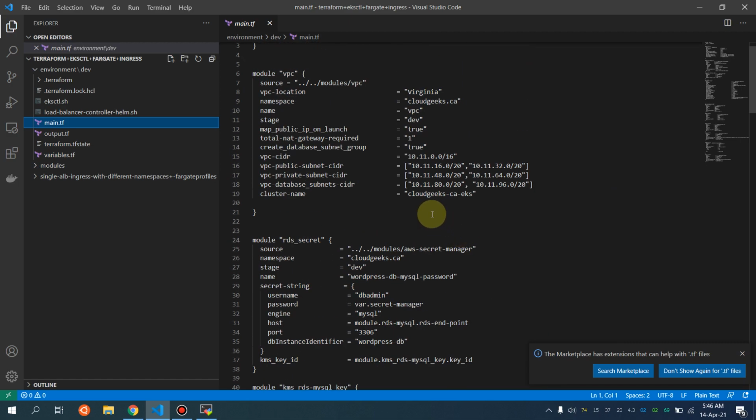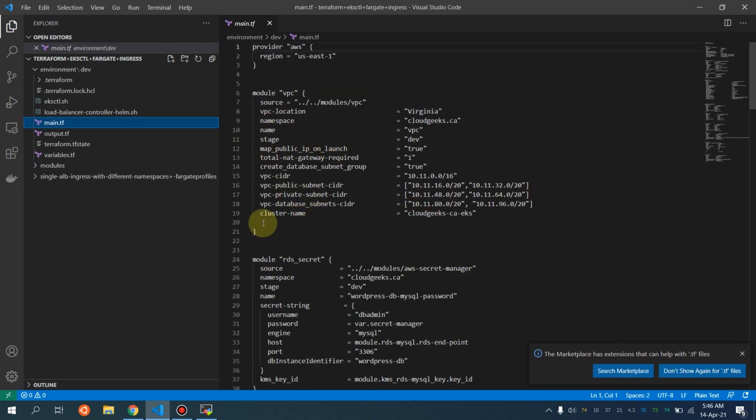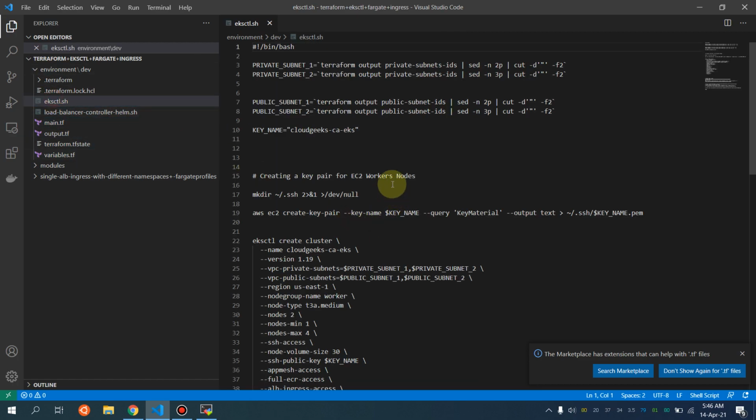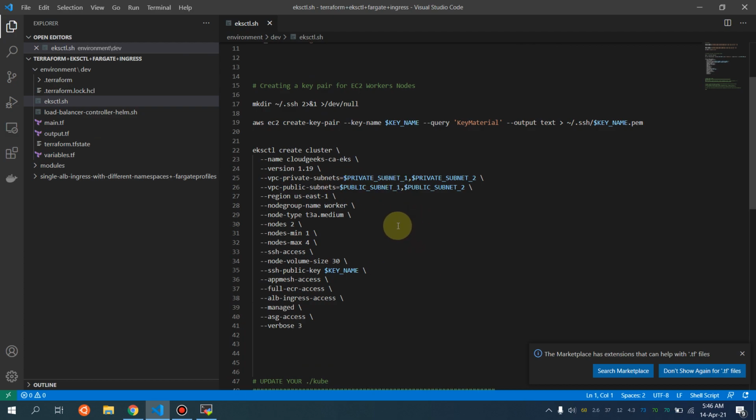In this video, our focus is that I'm going to spin up one VPC, and in that VPC I'm going to spin up my EKS cluster, with version 1.19, and in that EKS cluster I'm going to spin up an application load balancer ingress, and it is going to be the single load balancer which is going to route the